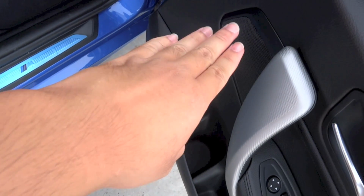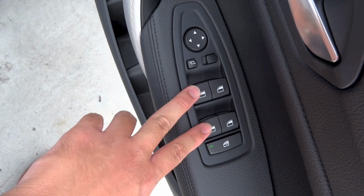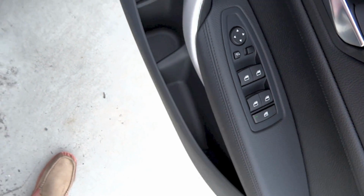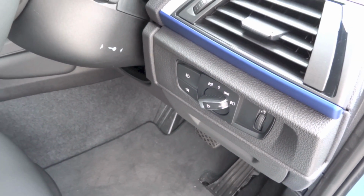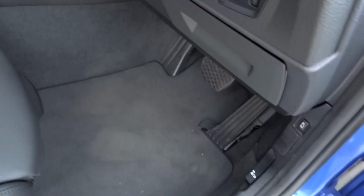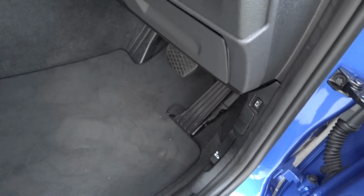Storage, bottle holder, speaker, and right here you do have your mirror controls, window controls. All of the windows in this car are fully automatic in both directions, and you do have your window lock right here as well. To the right of the headlight switch, you do have the lever to adjust the brightness of the interior at night, and down below you do have some storage. Right above the bonnet release lever, you do have the button to pop open the rear hatch,